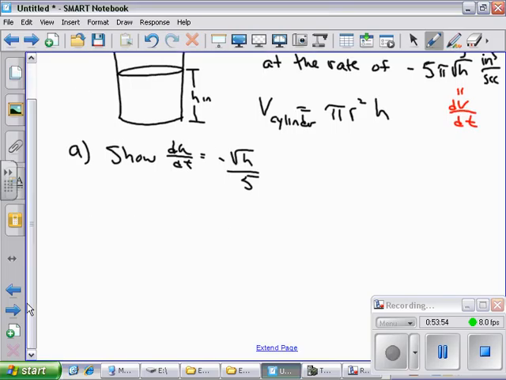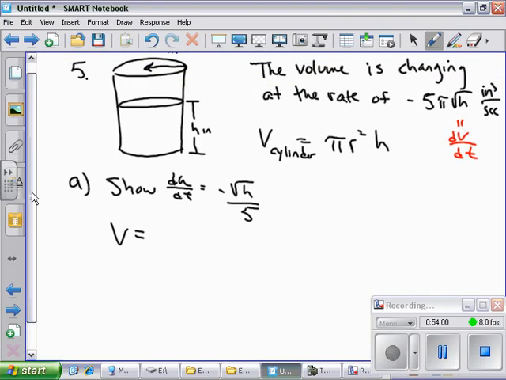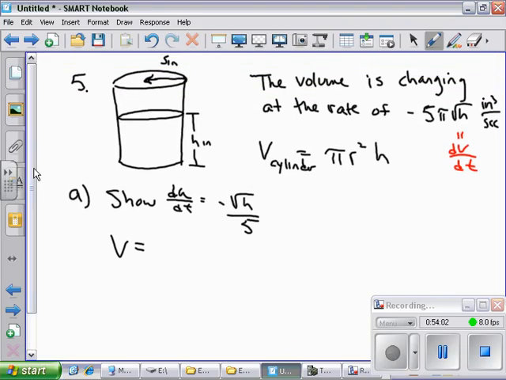All right, so we're starting out, the volume. You have to remember with cylinders, the radius does not change. So whatever that number is, you need to put it in first. Cones, the radius changes, so you can't put a number in there. Use similar triangles to come up with what it is in terms of the other variable. But volume in the cylinder, it's pi times 5 squared h. So when you take the derivative,